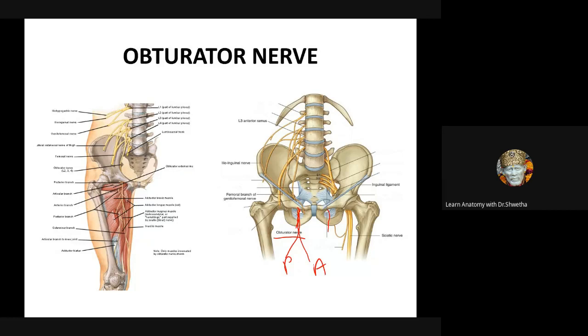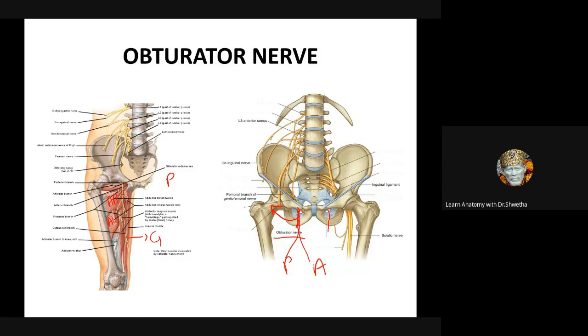Now, you know what happens? The anterior division of the obturator nerve comes in front of the obturator externus. It comes in front of the adductor brevis. Okay. And what and all it supplies? It supplies adductor brevis. It supplies adductor longus. It supplies the gracilis. Then it also supplies the pectineus muscle. That is why it is a hybrid muscle, right? So anterior division supplies all this, and immediately after coming out of the obturator canal, it will give a branch to the hip joint. Okay, so that is about the anterior division.